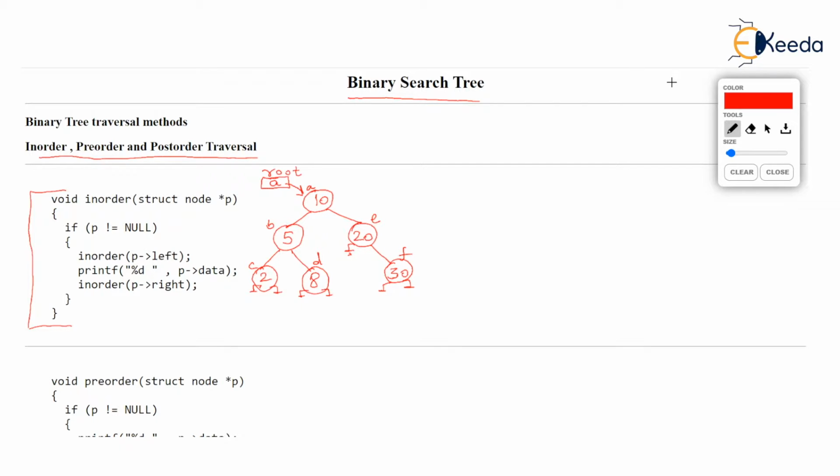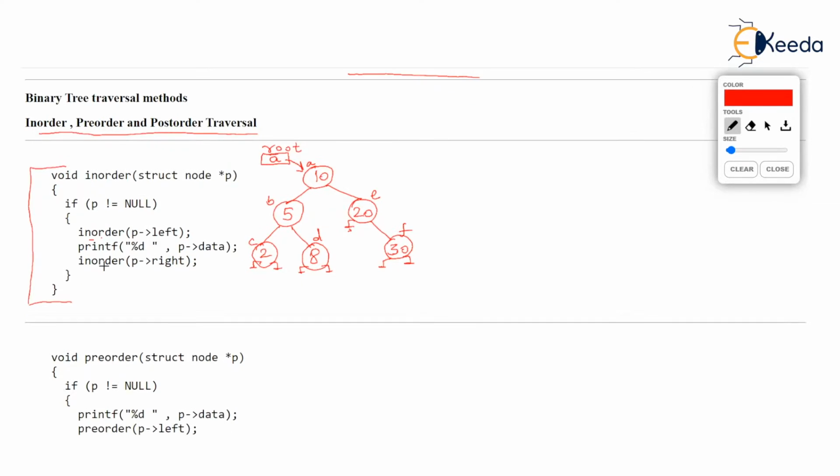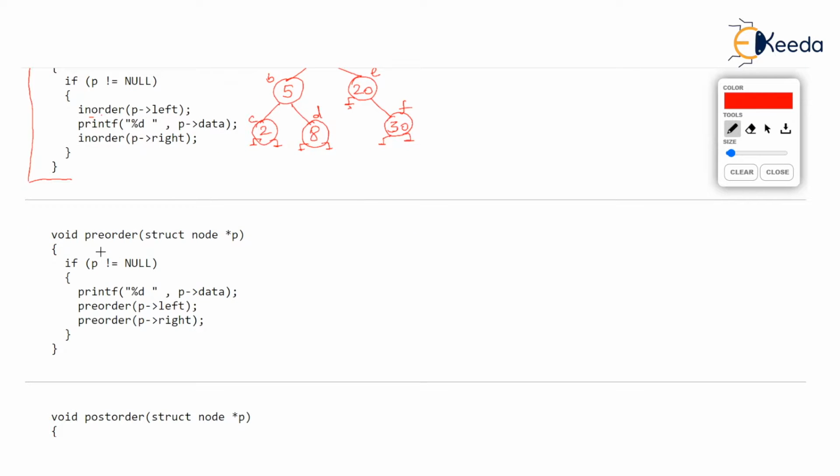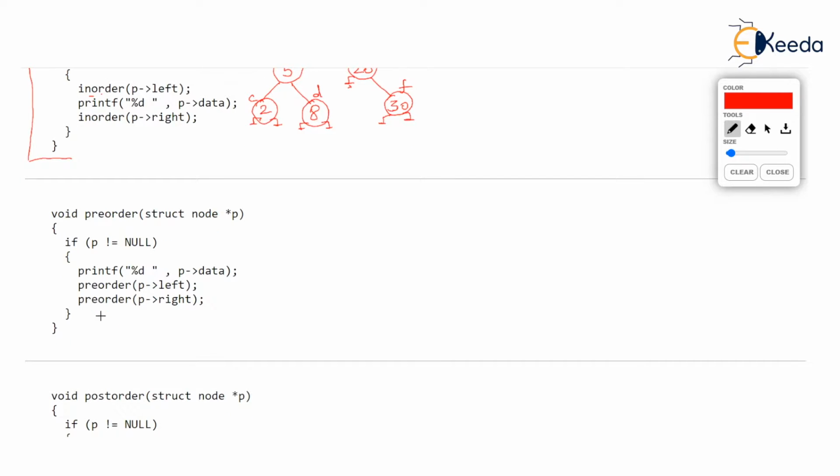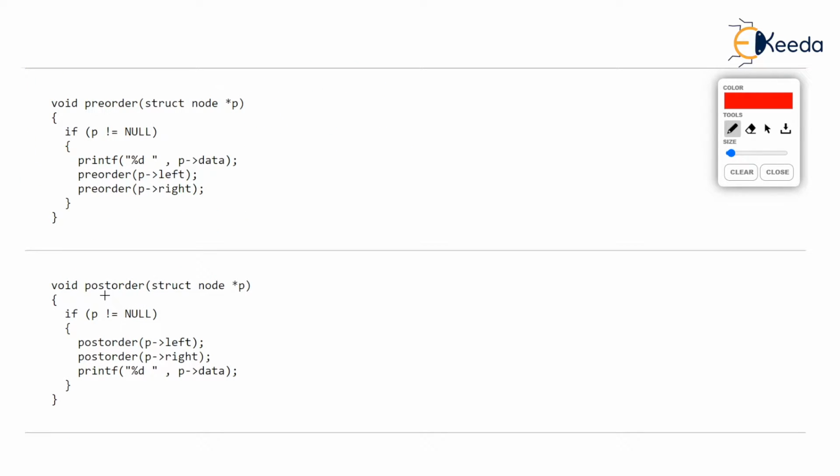because you can easily see that in the in order function, there is a call to in order two times in fact. But most importantly, in order function calls in order again. So it's a recursive function. Similarly, we have written pre-order, which is also recursive. Check that pre-order is calling pre-order again, and post-order is recursive. It calls post order again in itself. So all these three functions are recursive functions.